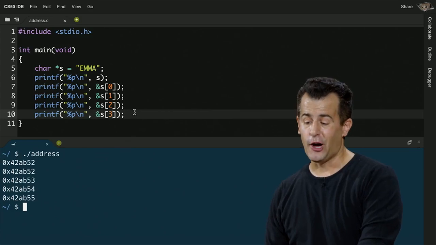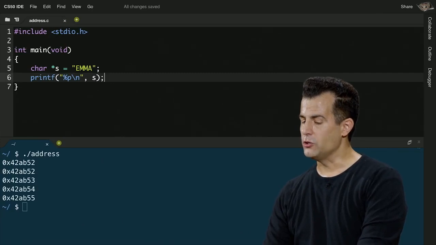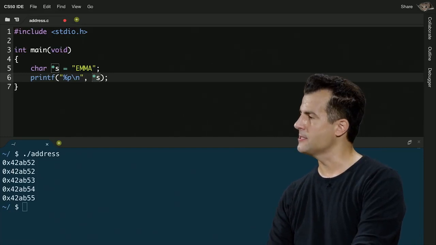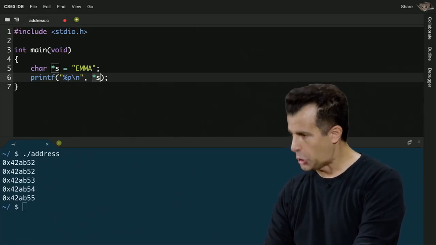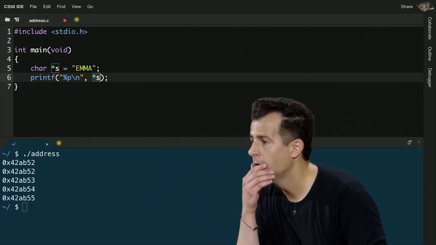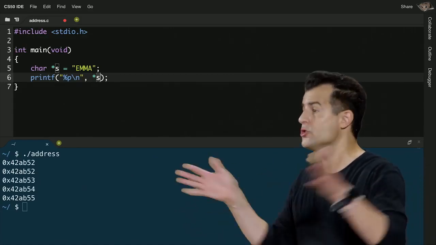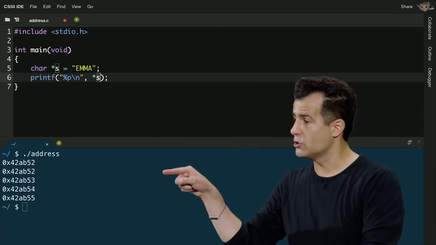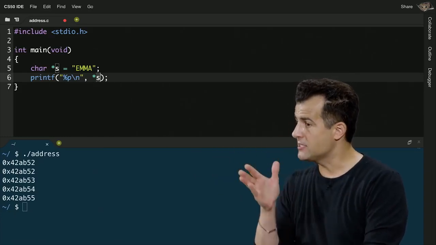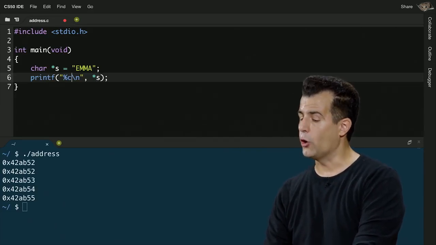All right, so it turns out if all that's going on underneath the hood is just addresses, watch what I can do here. If I want to go ahead and print out what is at the address S, what will I find in memory if I go to the address in S? Sorry, a little louder? The first letter in Emma's name, right? If you can all agree, even if it's a little unfamiliar still, that S is just the address of a character, and I say go to S, what should I see specifically? Probably E in Emma, right? If S is the address of the first character in her name, star S would mean go to that character. So let me go ahead and print that as a char.